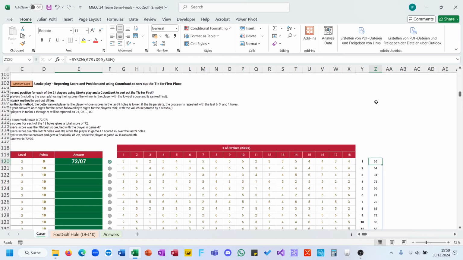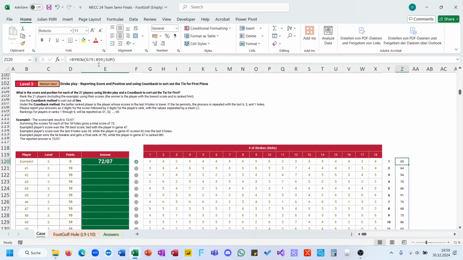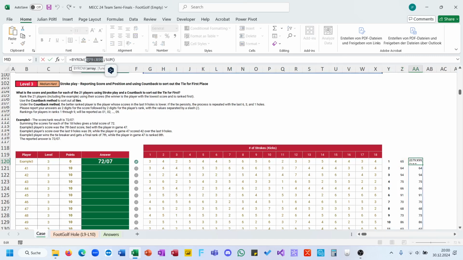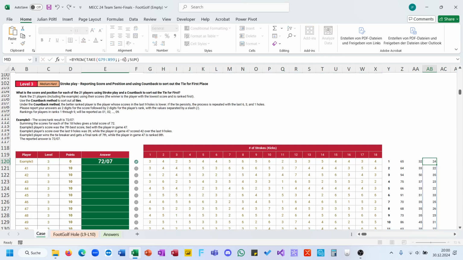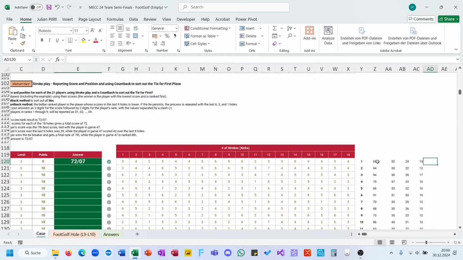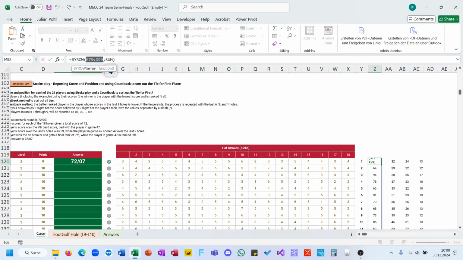So, and now first it's sorted on the overall sum, then it's sorted on the last 9 holes. Then it's sorted on the last 6 holes, then on the last 3 holes, and I should use here the